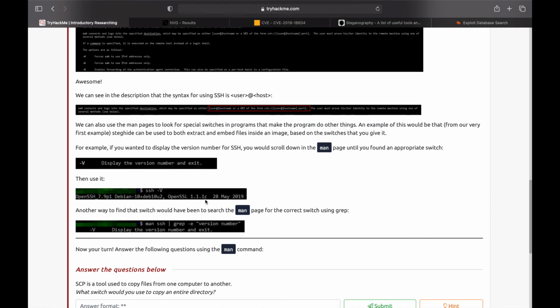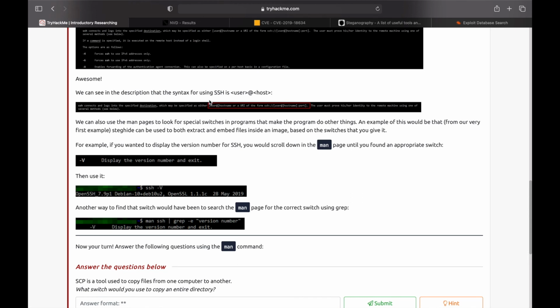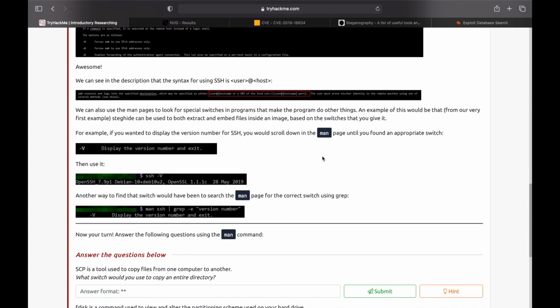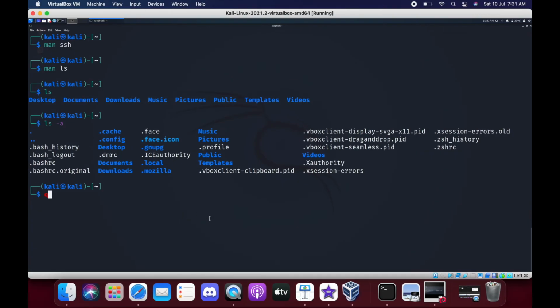In the description we can see the syntax for using ssh, how to log into a remote machine using ssh. It's username at host address. For example, if you wanted to display the version number of ssh, we need to look into the man page of ssh, and we'll see the -v option which displays the version number, and we can exit.